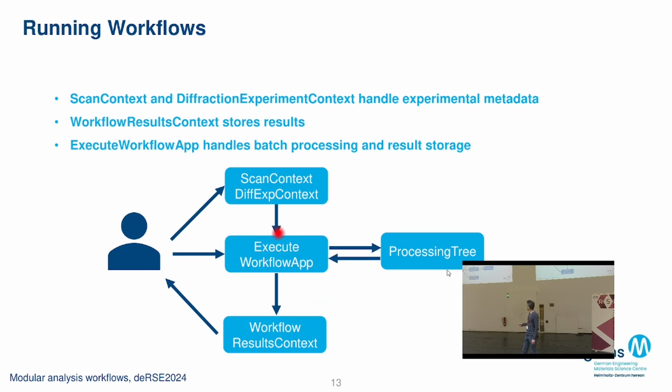There's an executive workflow app which does all the processing, passing on of information which is stored in a different file, and the reason why we have this one talking to the processing tree as a middle layer is